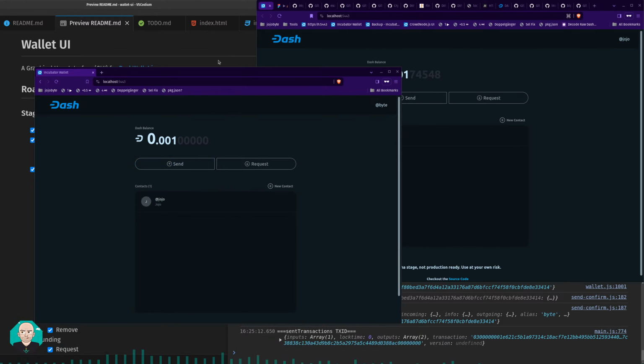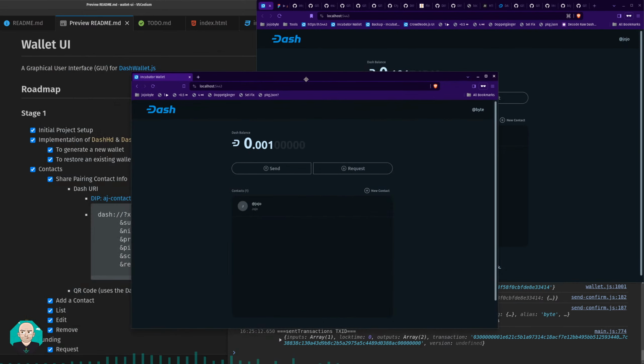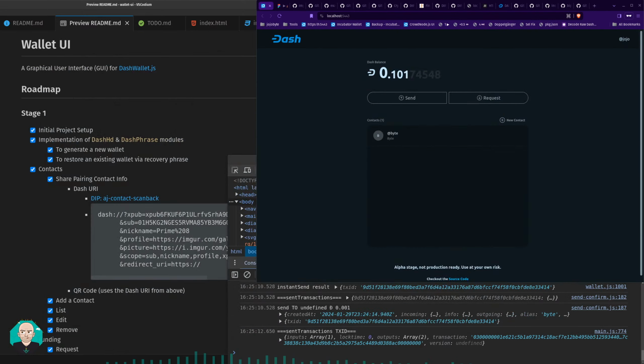Maybe when it's a zero balance, it's not updating correctly. I'm not sure. But for now, I'm going to drag that off the screen. I don't need to watch it. It's more for future being able to drag it over and demonstrate sending funds to and from